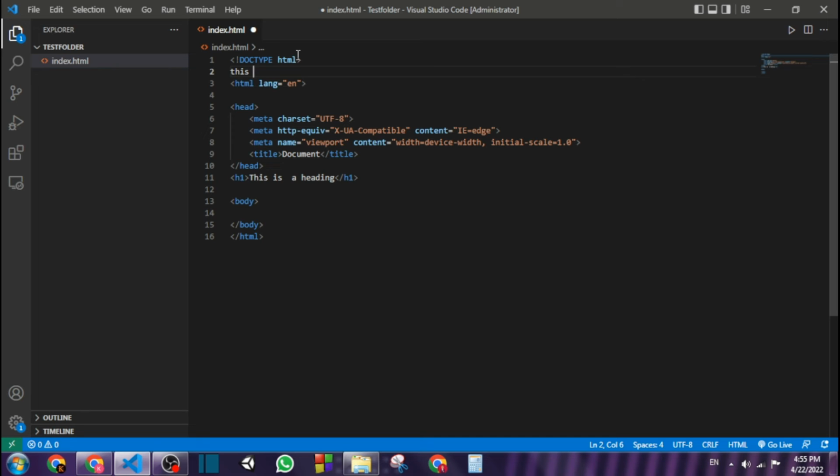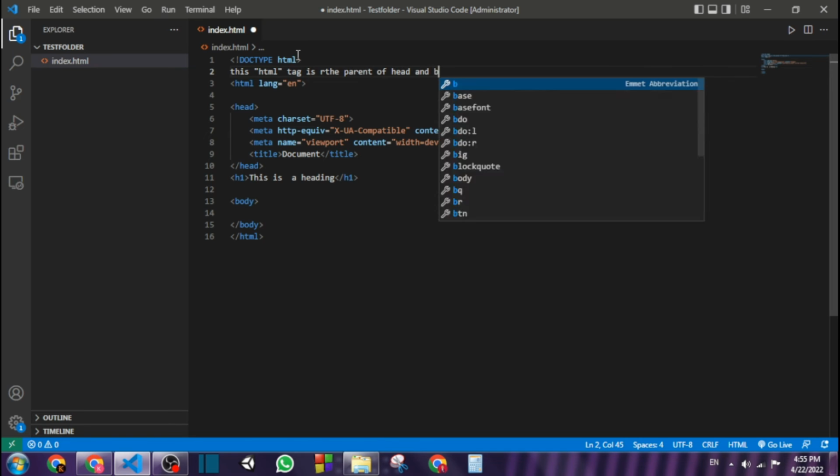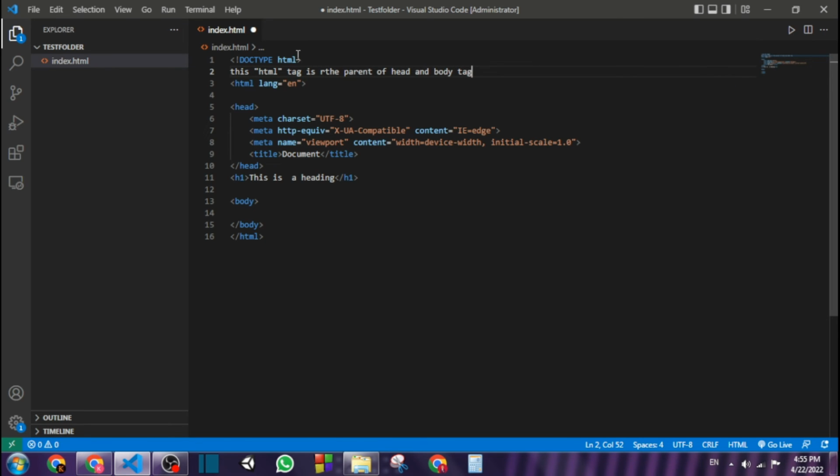This HTML tag is the parent of the head and body tags. So this is understood, but it's coming like this.